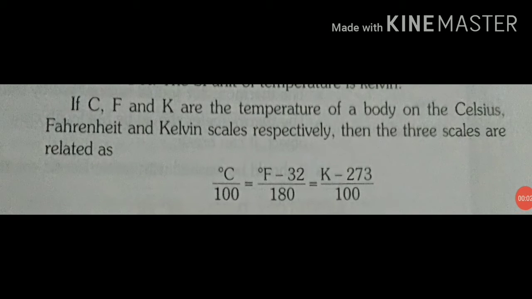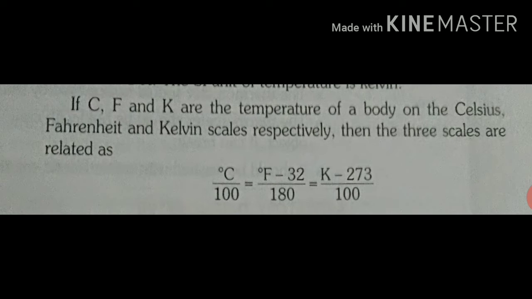Students, in the last class we read about the three scales, that is degree Celsius, Fahrenheit and Kelvin, which are used for measuring temperature. We also read about what the upper fixed point and lower fixed point are on these scales. Now it is time to know how the Celsius, Fahrenheit and Kelvin scales are related to